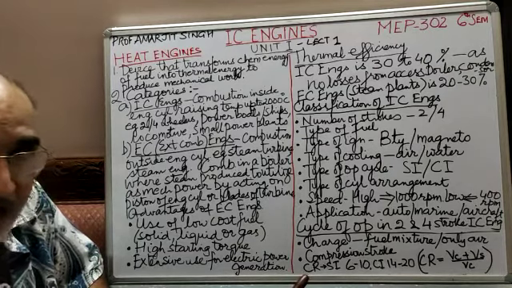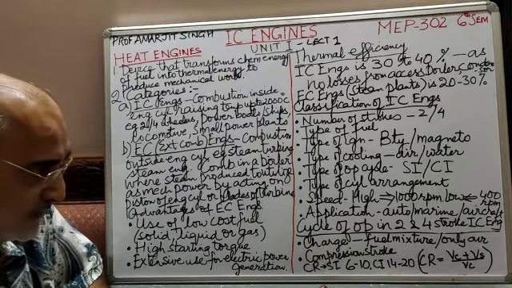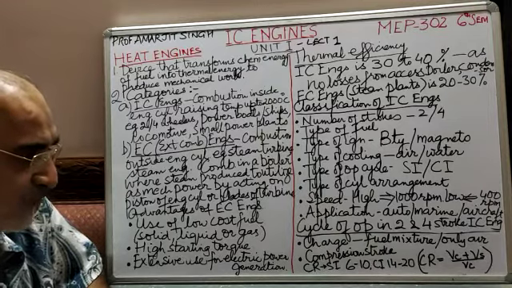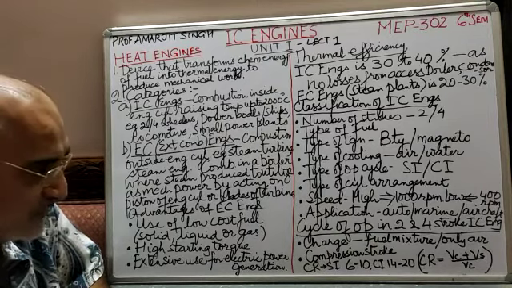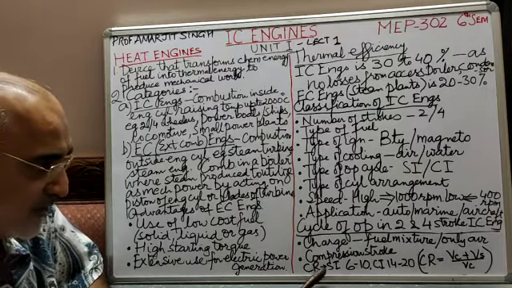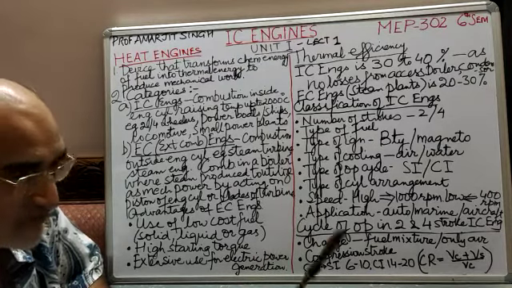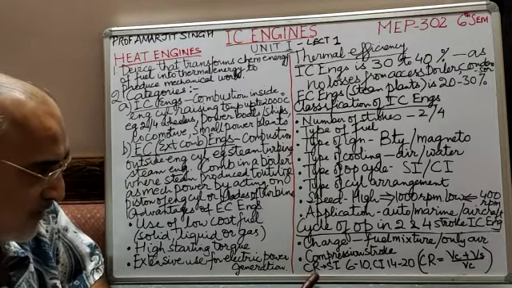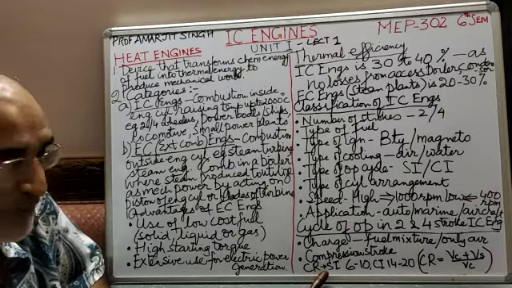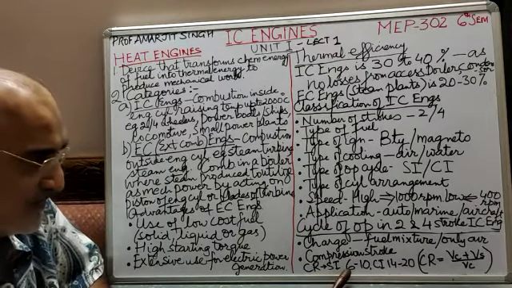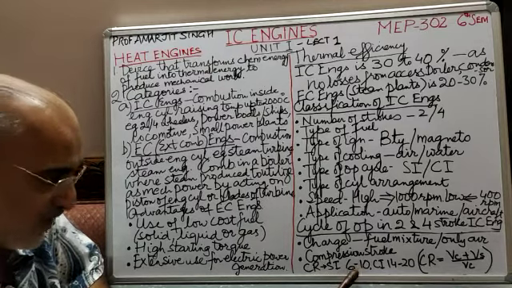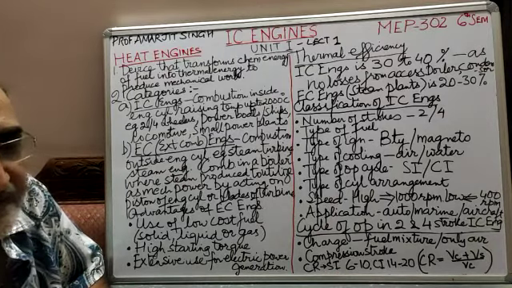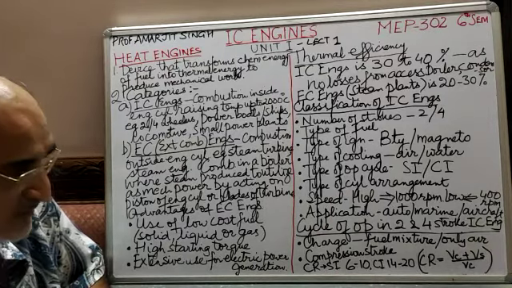After that, once the charge is fed into the cylinder, into the engine, the compression stroke takes place. The piston moves upwards and compresses the charge. Here, compression ratio is important. I will explain on the next page. You can just note that the compression ratio of spark ignition engines falls in the range of 6 to 10, and because the CR is low in the case of SI engines, there is a need to provide a spark plug.